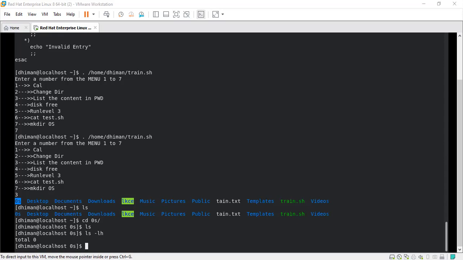For example, $0: if we have a file name like this, it is going to talk about the file name, right? Suppose you have to open a file like this.